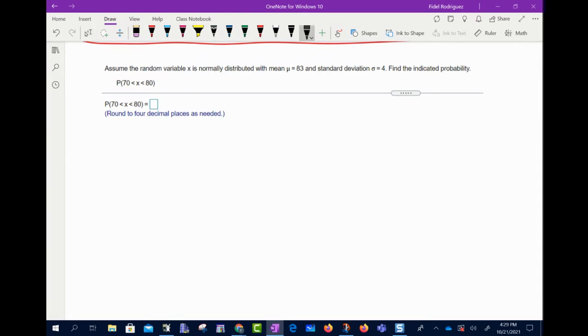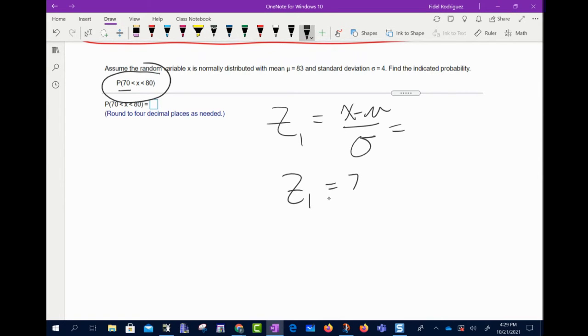Okay, so this is what we're going to do. When we look at this problem, it's not just less than a number. The x is between these two numbers. So we're going to find two z-scores. I'm going to call it z1, and we're still going to use the formula we've been using so far. The first time, we're going to do it with 70. So z1 is 70 minus mu, which in our case is 83,